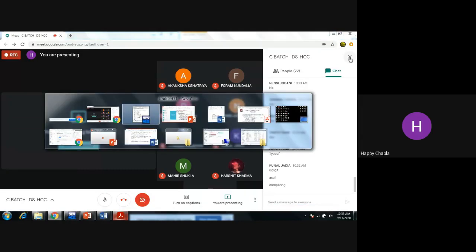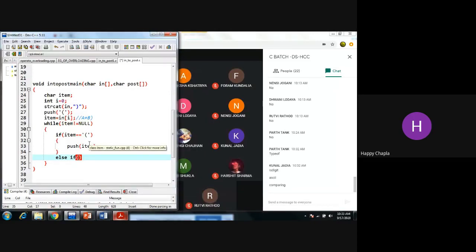It can check the value: else if is alpha of item. Whatever the character coming from the infix, if it is an alphabet, then what do we have to do?